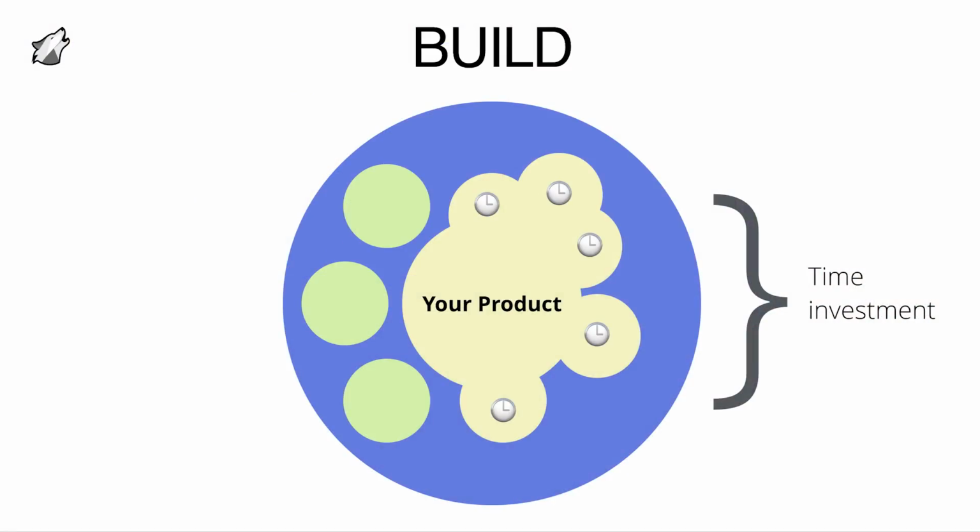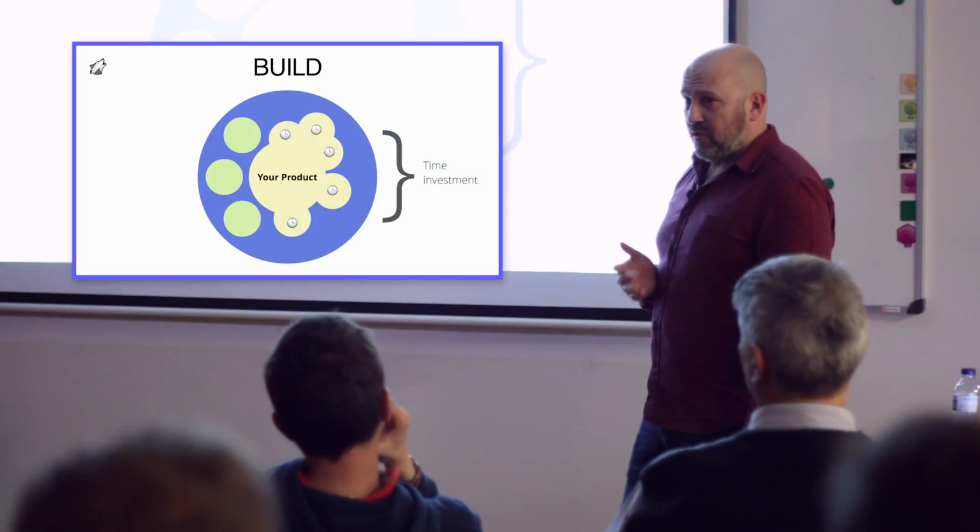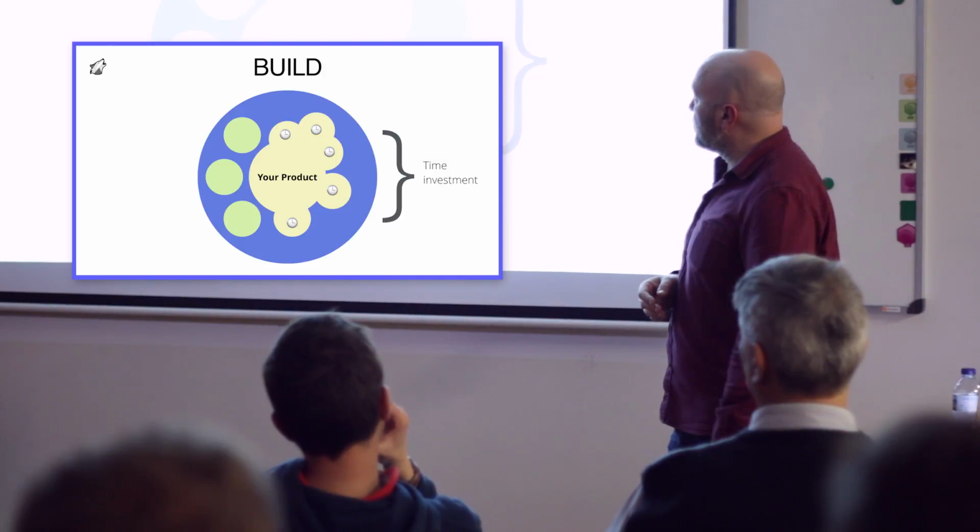So one of the ways is, if you're a small company, or if you have the time to invest in your product development, you might start experimenting with adding features to your own product. So imagine that you start with just the center, and then through customer discovery or whatever other process you use, you find out that the people that use your product also want to do something else. So you add those features into your product. This is good. I mean, it's a way of doing it.